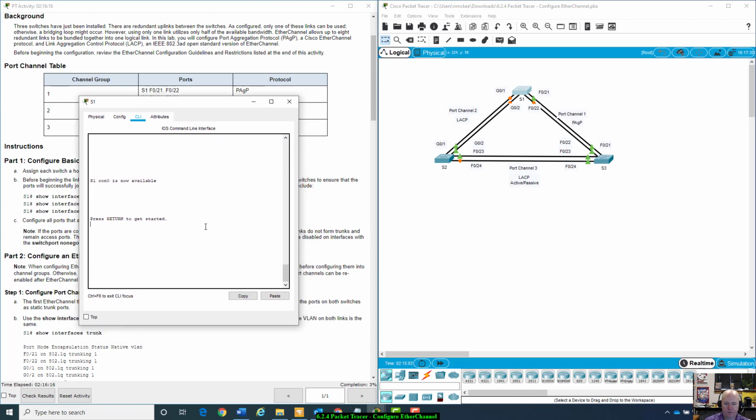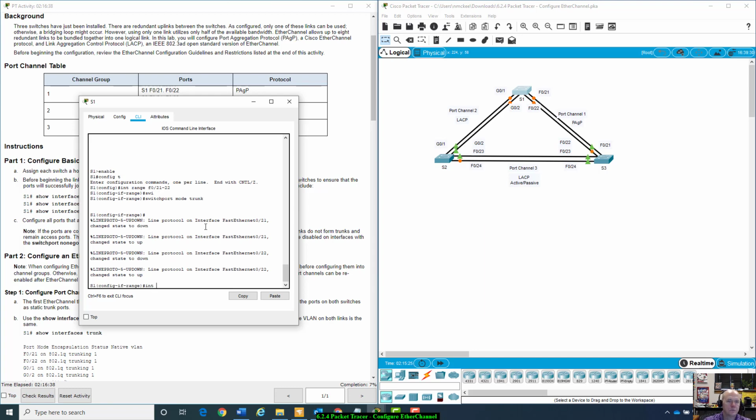Let's do this one first. Enable, configure terminal, interface range F0/21 through 22, switchport mode trunk,